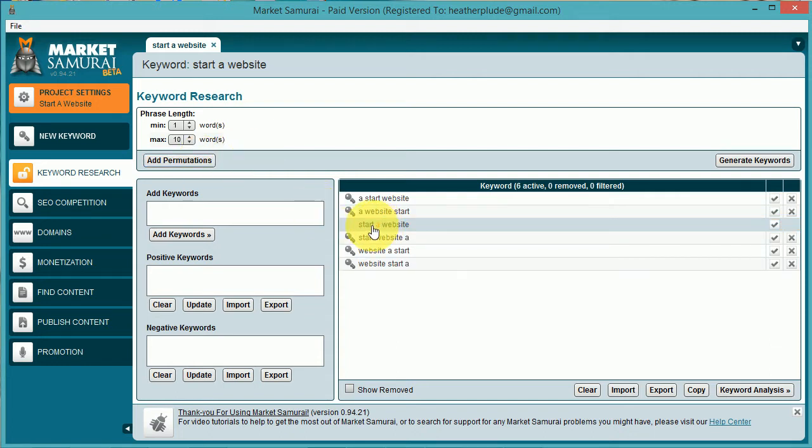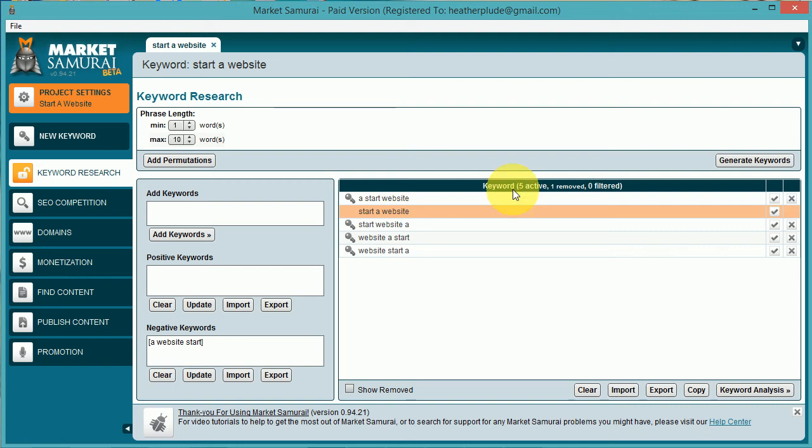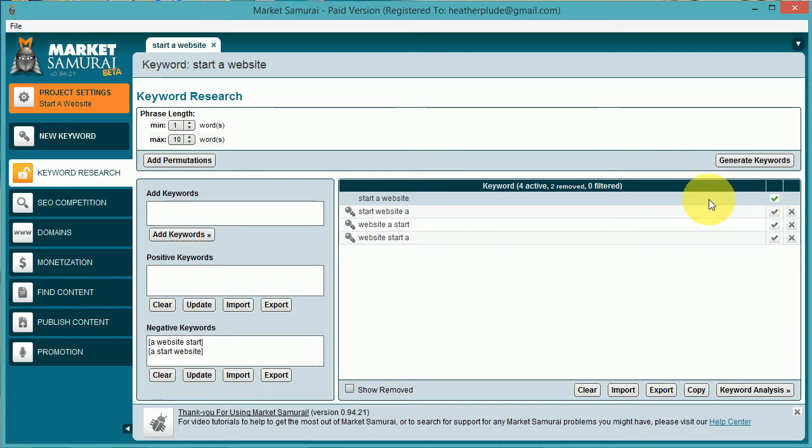So we have start a website, and then it says a website start. We don't want to sound like Yoda, right? A start website? Maybe, because we could do start website, but we kind of need that. I mean, I guess it doesn't. I'm going to get rid of that one too. Start website, we'll try that. Website, a start? No, nobody. That would never be in a sentence. Website, start a. Maybe. Okay, so it's going to start with these 3 things,